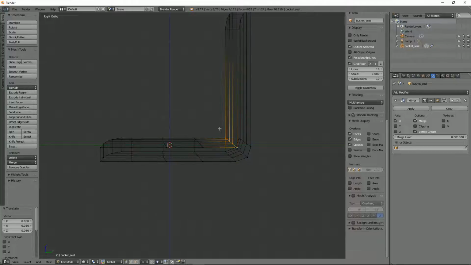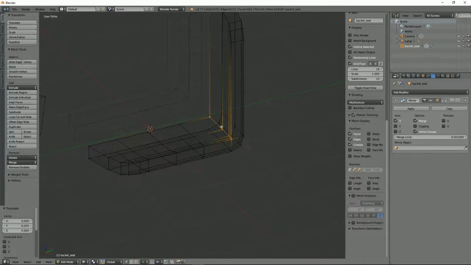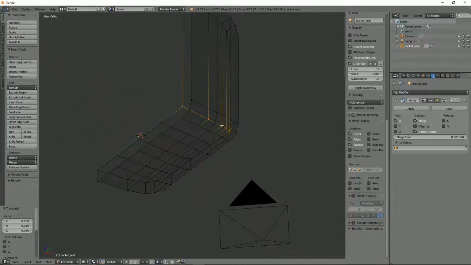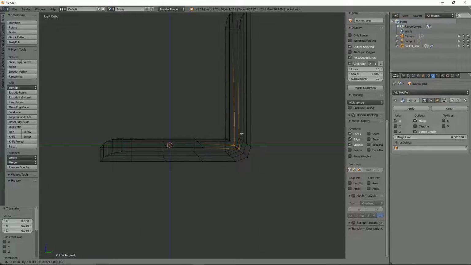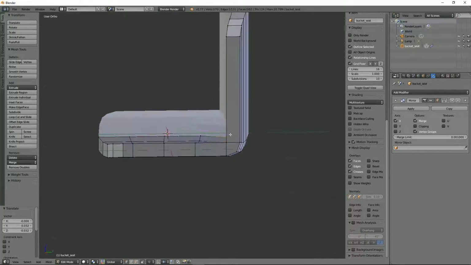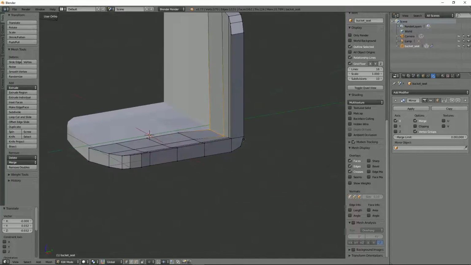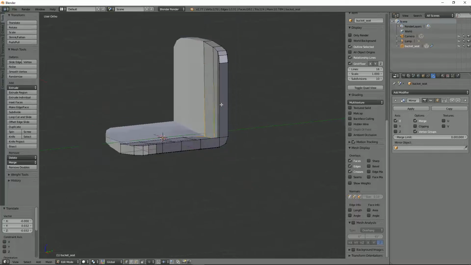Let's have a quick look. I'm just going to start grabbing these edges. There's a bit of point pulling that needs to be done. I'll just grab those two to start with, just pull them down a bit. That's already better, isn't it? It's quite a chunky looking back though. What we can do as well,